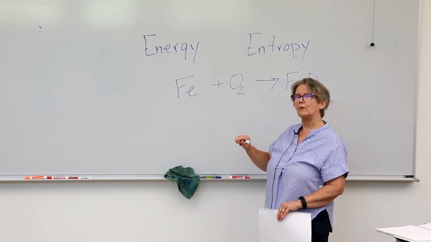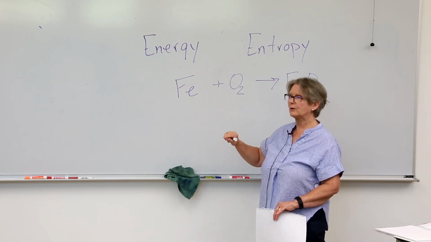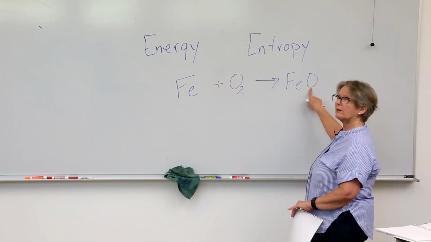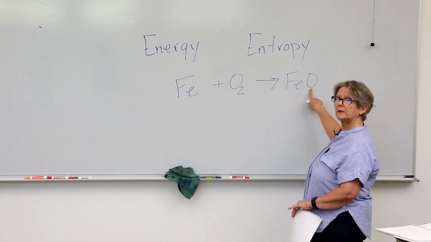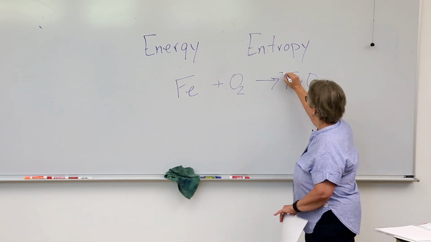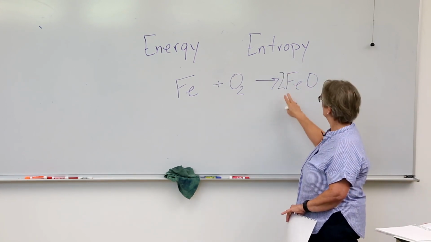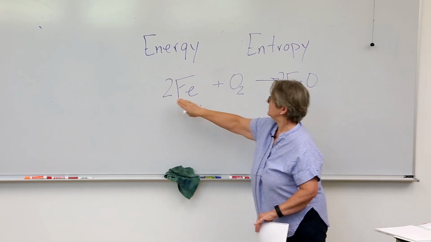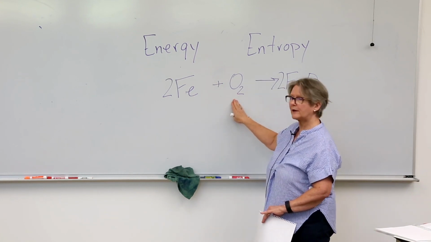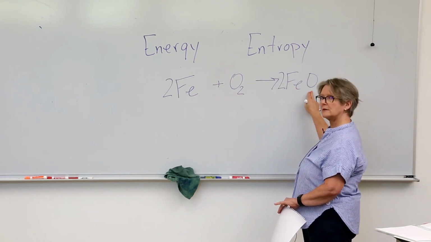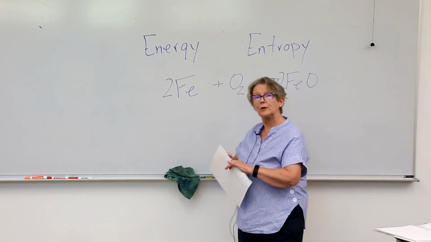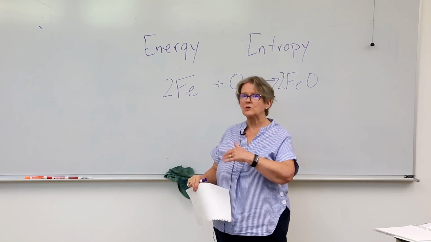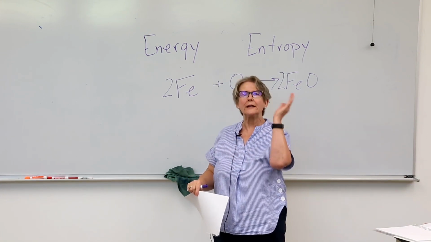However, we also have to think about rule number 1 that says matter cannot be created or destroyed. I have 2 oxygen atoms here, but here I have only 1. I can't have an oxygen atom just disappear, so you put the 2 in front. So now I have 2 iron atoms. Okay, 2 iron atoms, 2 oxygen atoms. This is why we balance chemical equations. It's rule number 1. You can't have atoms or electrons just disappear or reappear. You have to account for all of them.